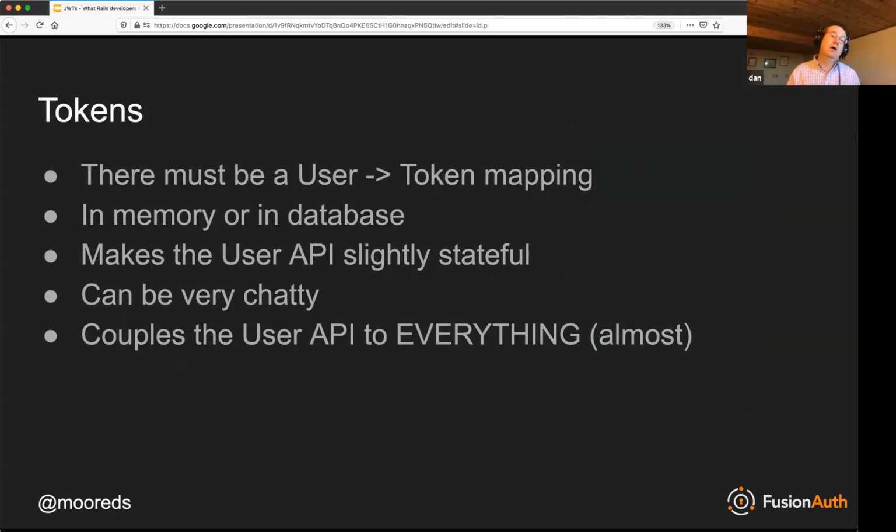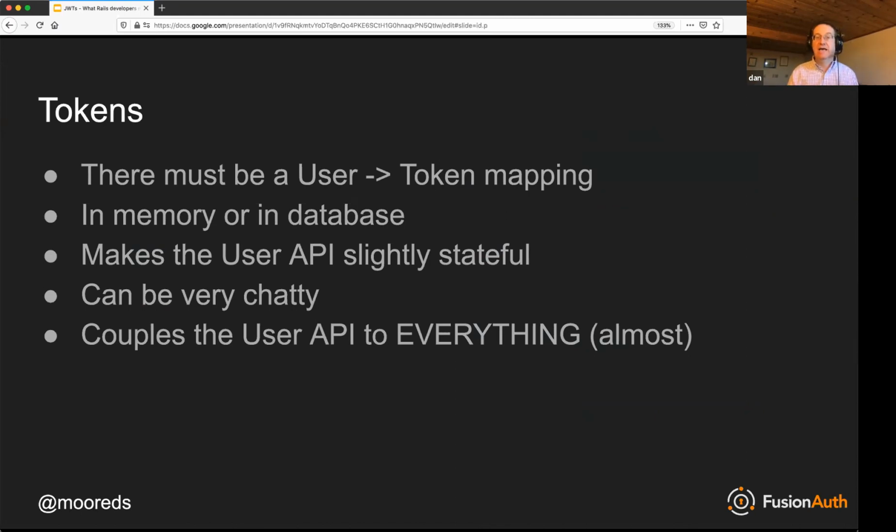The detriments are that it puts more on the user API. It has to maintain that user token mapping and maintain that state. And the biggest detriment to me is that it couples the user API to almost everything. Anytime you want to pass user information, or get user information in a dependent API like the ToDo API, that dependent API needs to take that token, pass it to the user API, and get that back.